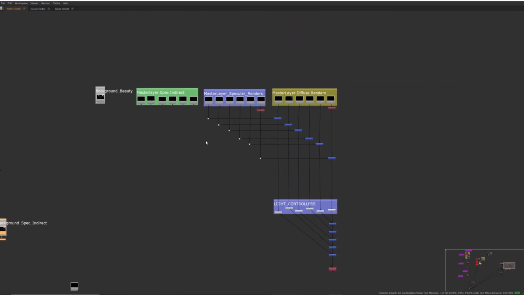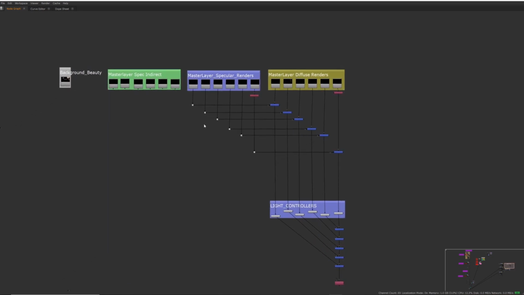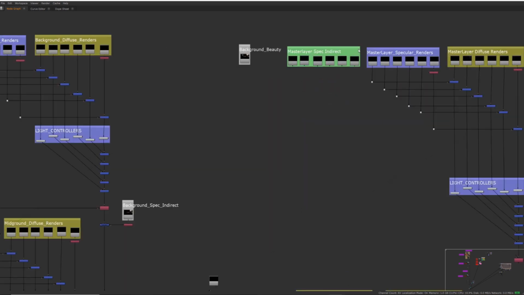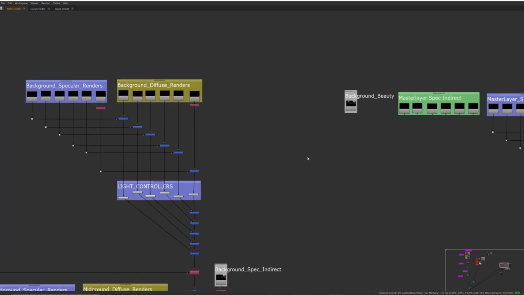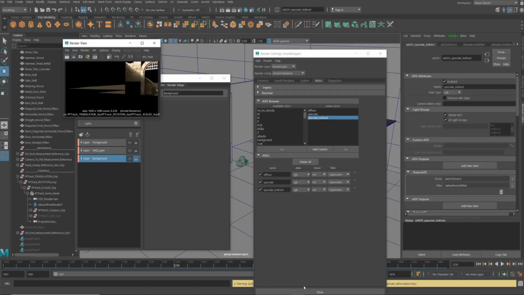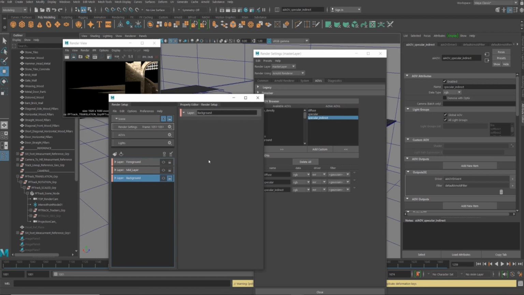But if we want to do this with the master layer, we would also include, if you want the full control, the specular reflections. That's what we were missing from this area here. So in Maya, I just added in the specular indirect and then changed the driver, turn on all light groups,